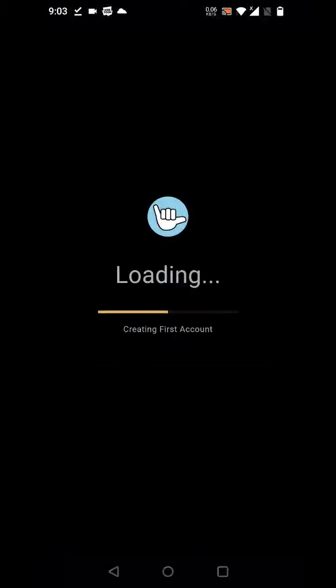Lately, with the NU5 activation in Zcash, some of you may have problems with your ZEC in Ledger. Specifically, Ledger will not let you withdraw coins from Ledger Live. So in this video, I'm going to show you how to transfer the seed from your Ledger into YWallet in order to